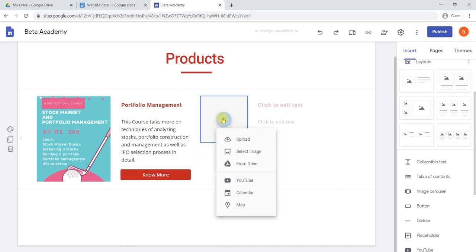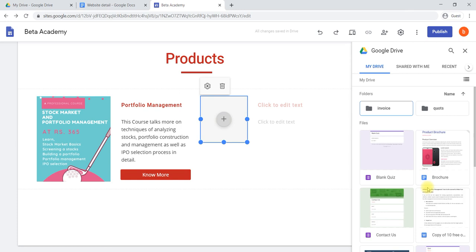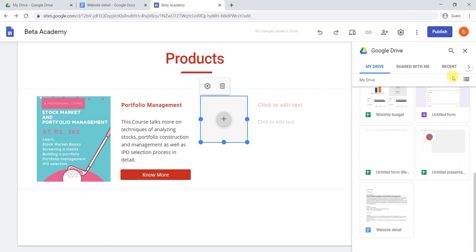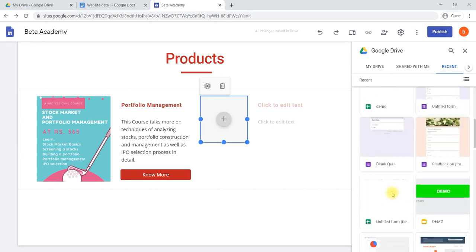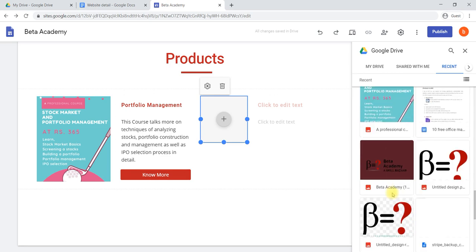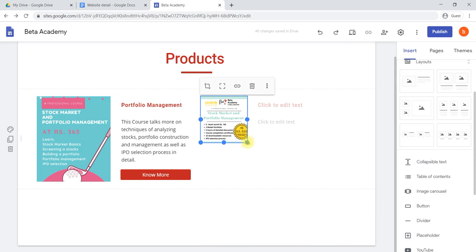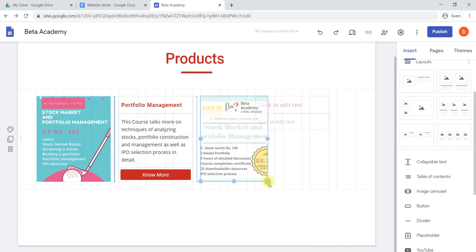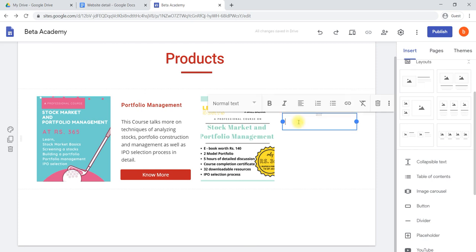One more product here. Two products we have created, right? Similarly you can create any number of products. Select insert. Okay, we have inserted it. Here again we can give the product name, and a description about the product.